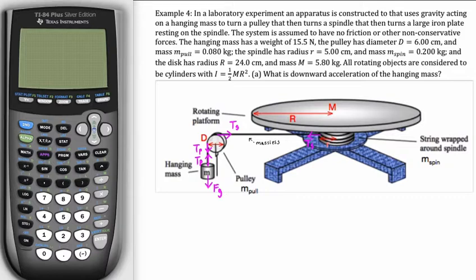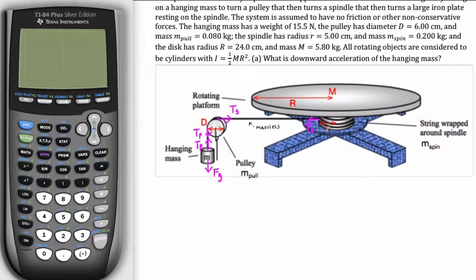So let's collect our equations, which is a big strategy of this problem. So what is that going to look like? I'm going to have the sum of forces in Y on the pulley. I'm going to have the sum of torques on the pulley, and then I'm going to have the sum of torques on the spindle. I was just checking out the mass of the spindle. Yeah, everything checks out. Okay, so let's write out those equations, and then work through the algebra